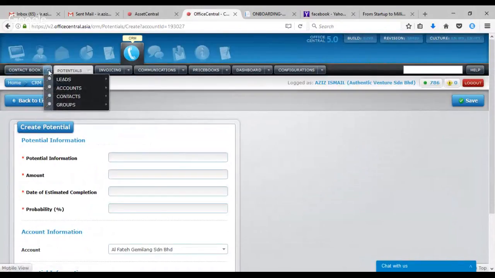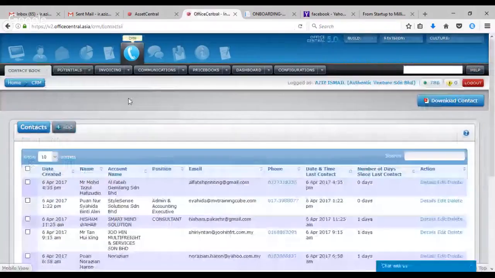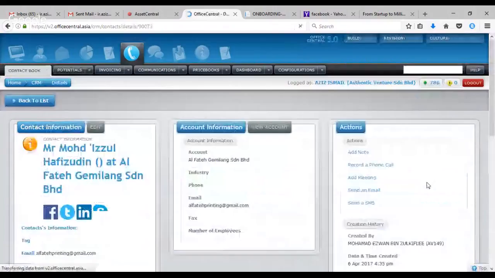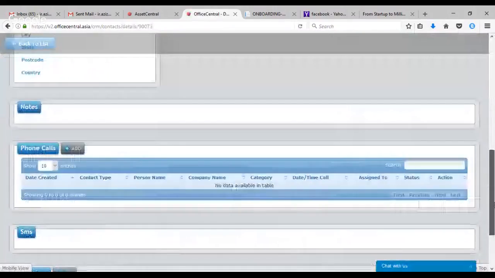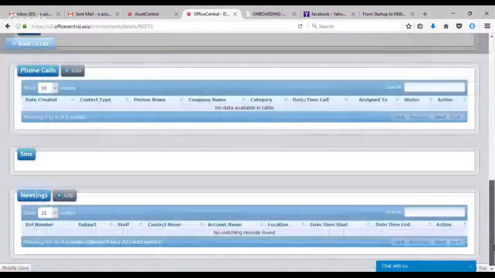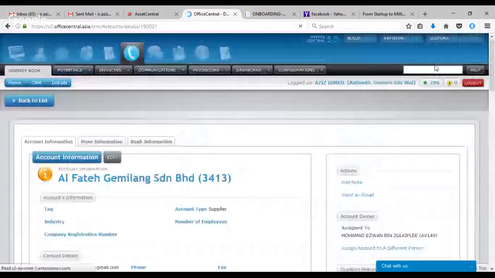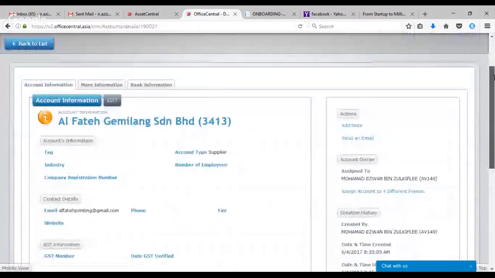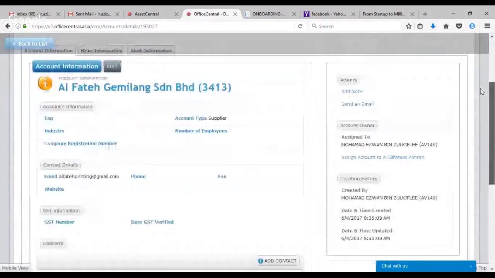So come back to the account management. You actually have contacts. Contacts are actually the contacts in the various accounts. If I click here, then this is the contact information. And I also can click the account for this particular contact, so I actually can see more and more information. If there are more than one contact in that particular account, then I can see the various contacts